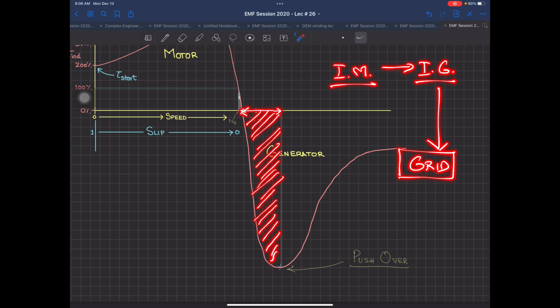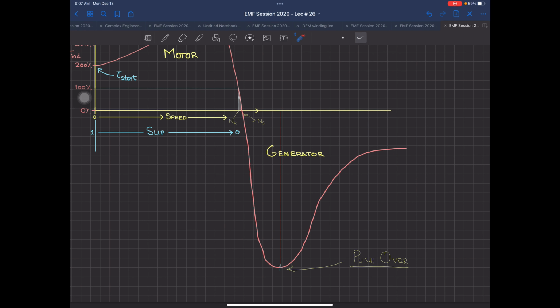Now, the interesting part, you are doing this experiment in your lab. What you are doing, you start an induction machine coupled with another machine. First of all, you find out the direction of rotation of your DC machine, and then you find out the direction of rotation of your induction machine also. You first start your induction machine as a motor, and at the very same time you also start your DC machine in the same direction, of course. Otherwise, they will be working in opposition, and it will be a mechanical problem.